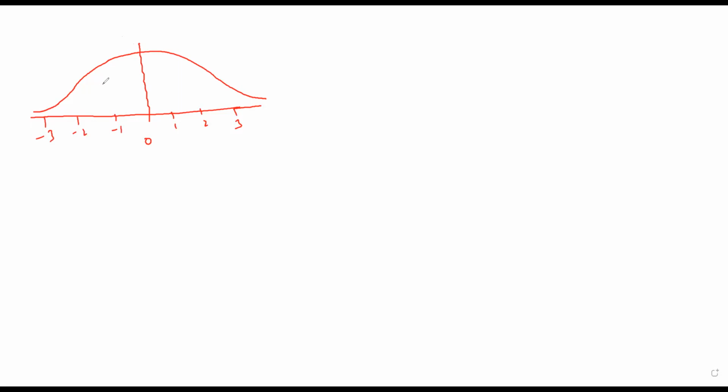Half the area is equal to 0.5, and this area is equal to 0.5, and all the values lie within three standard deviations from the mean. You see, three standard deviations from the mean towards the right side, three standard deviations towards the left side. Now suppose the question is: find the probability Z is less than A, and that is, let's say,